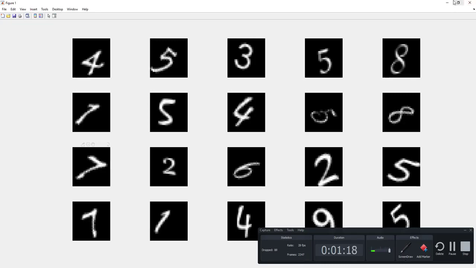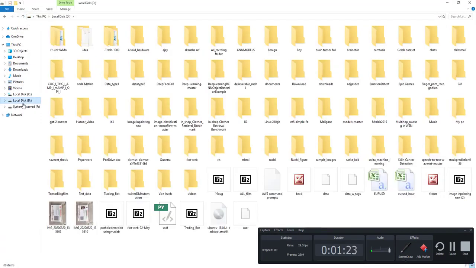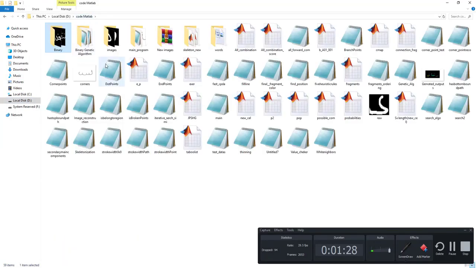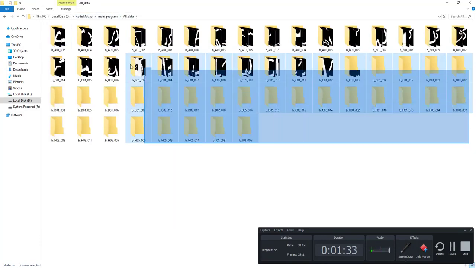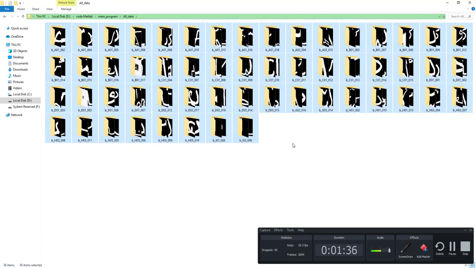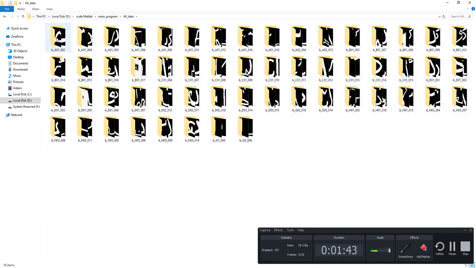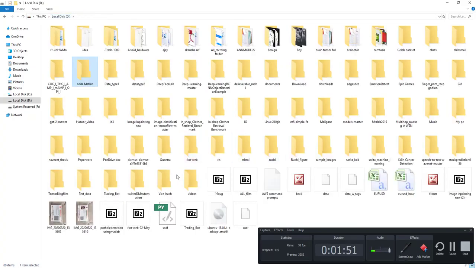The easiest way to train your model with your own data set, I'm going to show you with a sample data set. This is one of the sample data sets, though it belongs to one of the PhD students, so I cannot explain much about the data set, but all you need to do is place all your images in a folder and name that folder by the image name. I can show you some other type of data set as well so that you can understand.